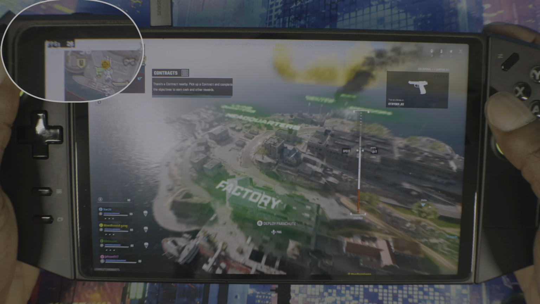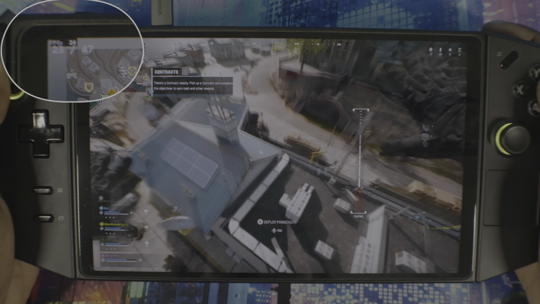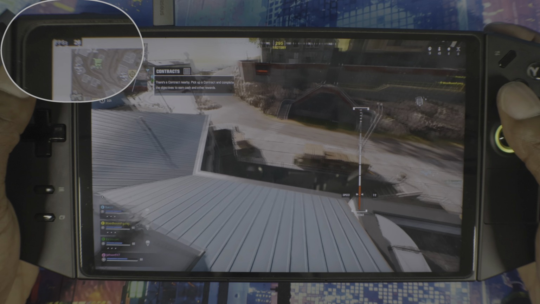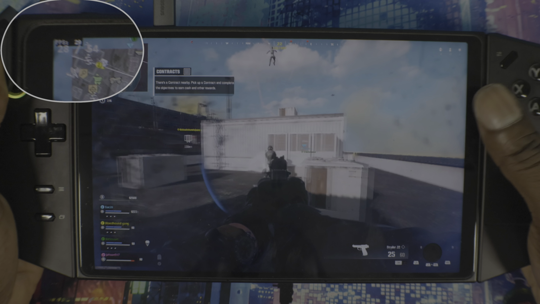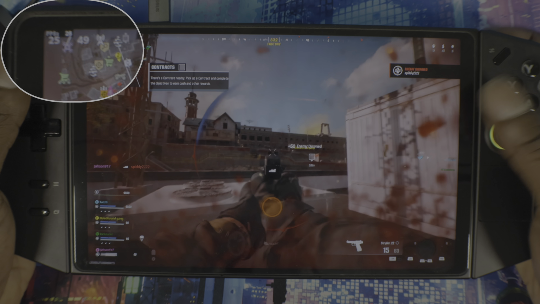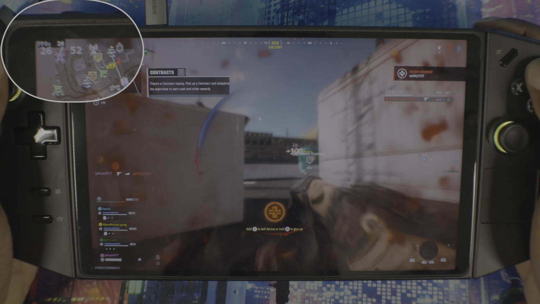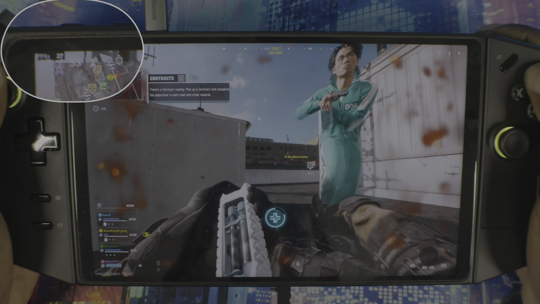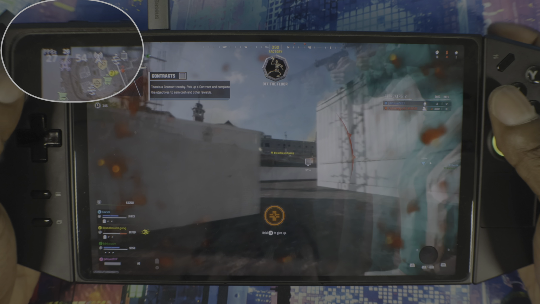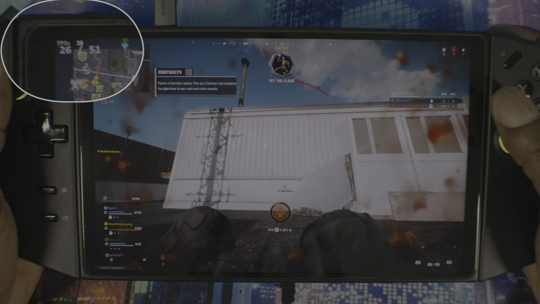So I'm averaging around 50, 54, 47 just now. So the smoothness is there, but ideal for these type of games, guys, you want to get more FPS, right? You're trying to get at least 80 to 100 FPS. So I still don't recommend using lossless scaling